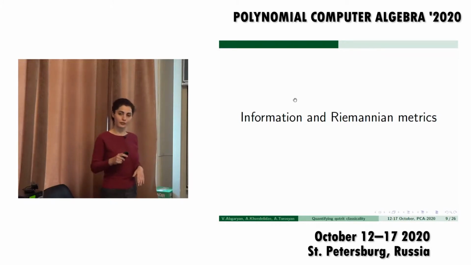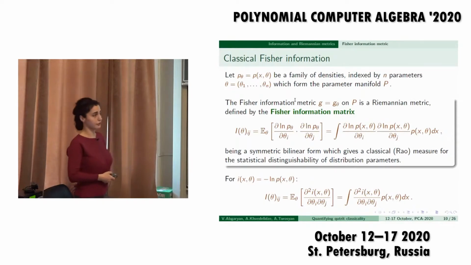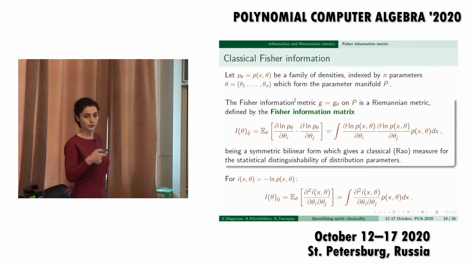But in the quantum case, you have the analog of the Fisher information, but it's not that simple anymore, because we know that in the quantum case, everything is more complicated than we would wish it to be. So having these two dependencies, we can speak about both of them, but now I will speak about the dependence on the metric. Here I give some very simple slides, and I don't want to stop on these slides a lot. I will just say the main idea, that the Fisher information matrix for the classical case